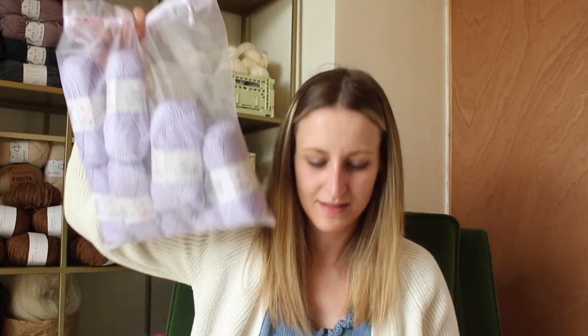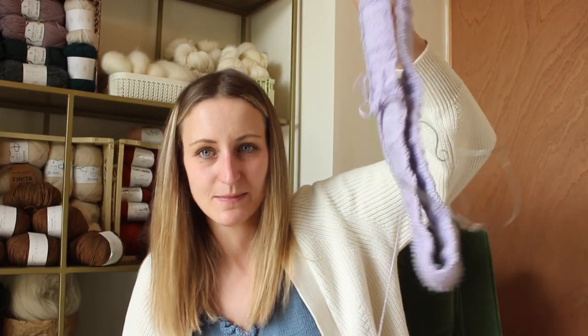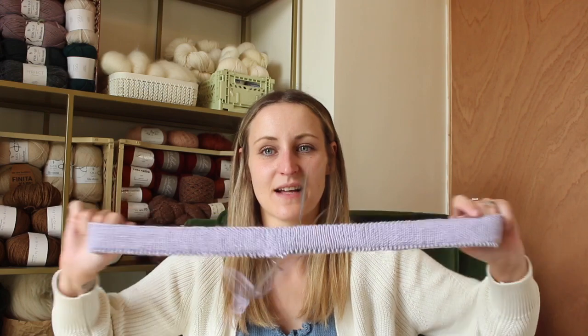I just felt like it would be right for shorts, and I got quite a lot in the end. I was like, oh my god, this is far too much. But this waistband has been pretty much one ball. Obviously it's a folded over waistband, and my waistband has elastic inside already, as you can see, and unfortunately I've